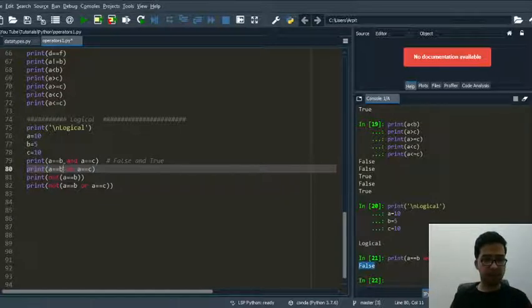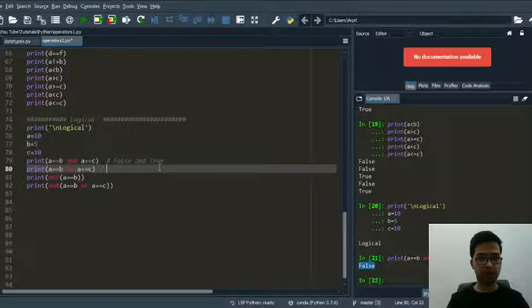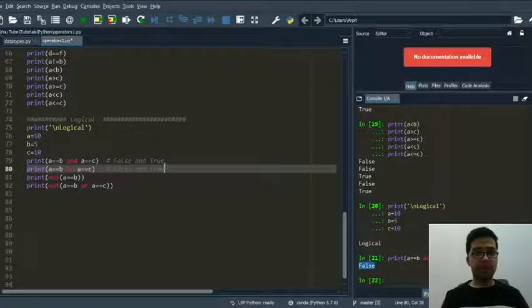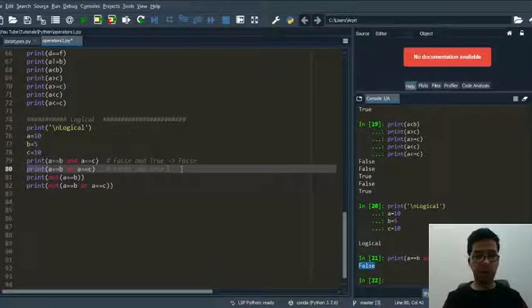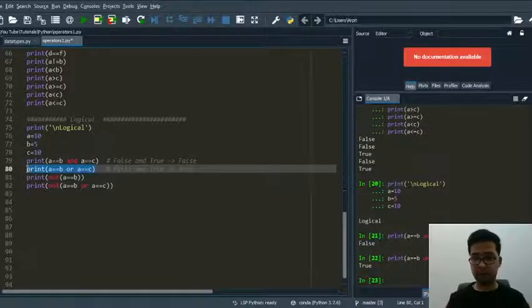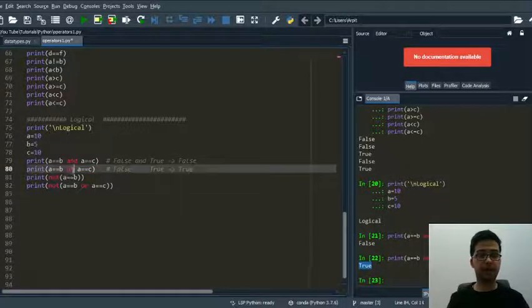Here we had false and true, the same case. Let me copy it here. It was returning false with and, but in the case of OR, we are going to get true. Let me run and show you. Right, you can see we are getting true because we have OR here.